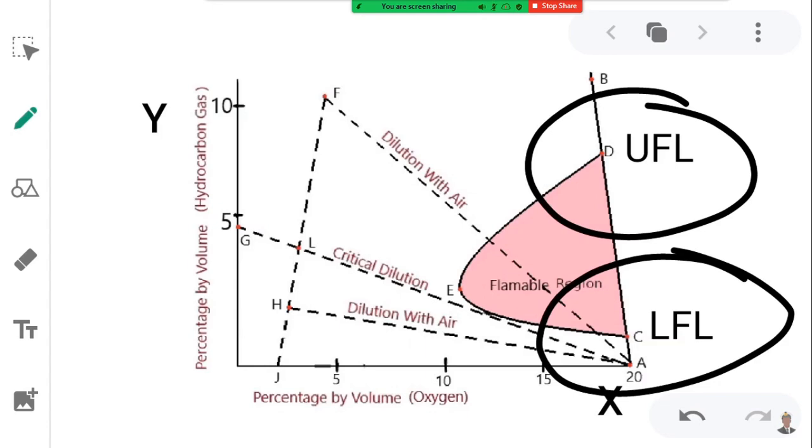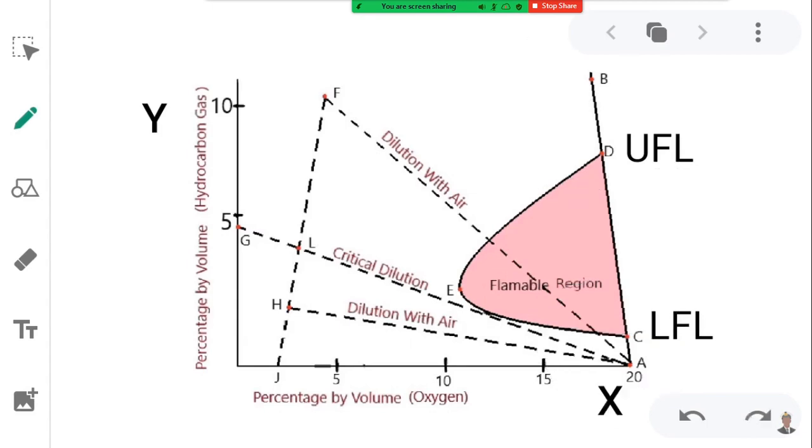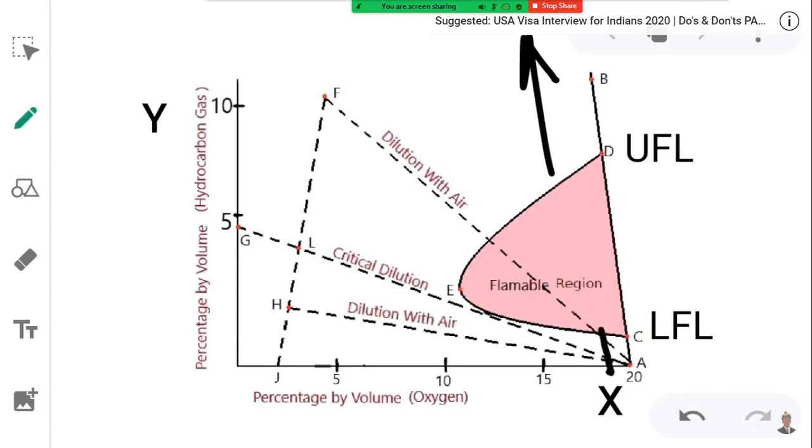So between these limits the fire will occur, and above the upper flammable limit and below the lower flammable limit no flash of fire will occur, as the concentration of